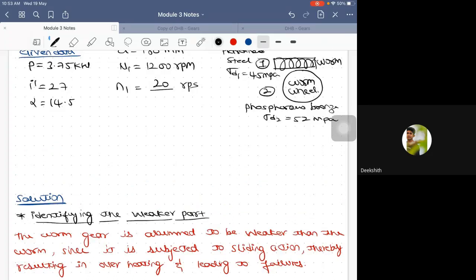So just write the sentence: The worm gear is assumed to be weaker than the worm since it is subjected to sliding action resulting in overheating